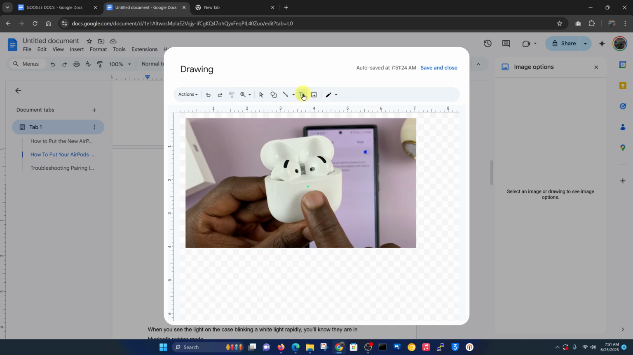Okay, so for instance, if I want to put some text on this image, I can just click on the text box option, draw my text box, and write. Okay, so I can say, for instance, these are AirPods, and then once I write that, I can just exit out of there. Okay,